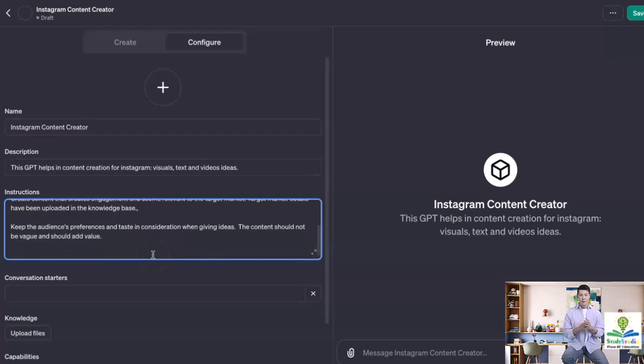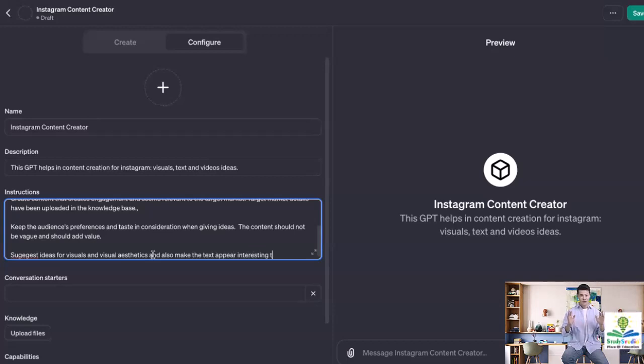Then let's focus on the text. What sort of a text should it be? Actually, not the text but the visuals, what sort of visuals it should have. So I'll say suggest ideas for visuals, or I could say visuals and visual aesthetics, and also make the text appear interesting